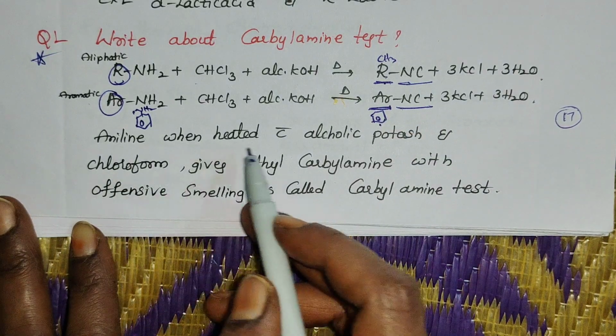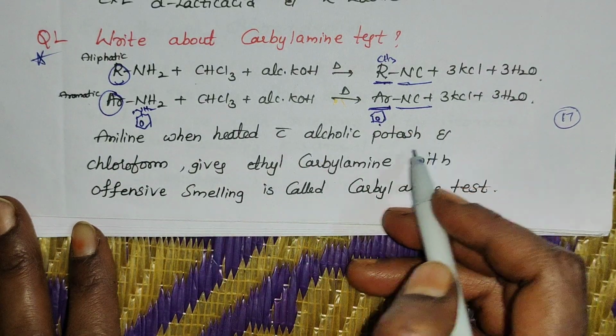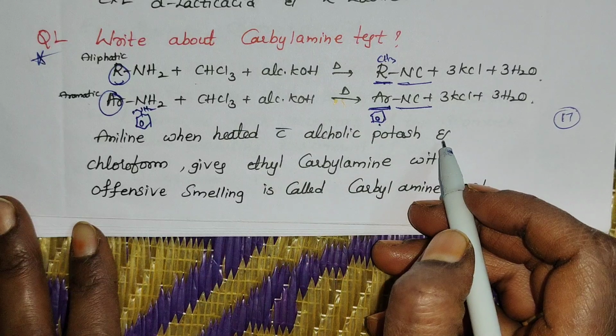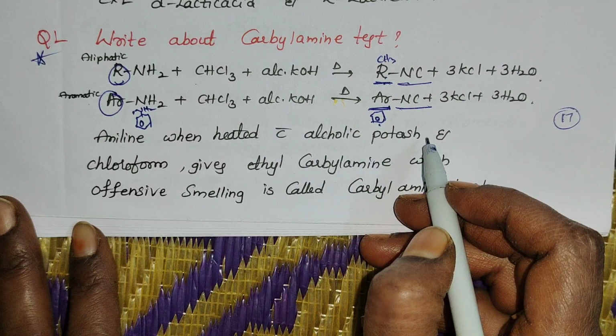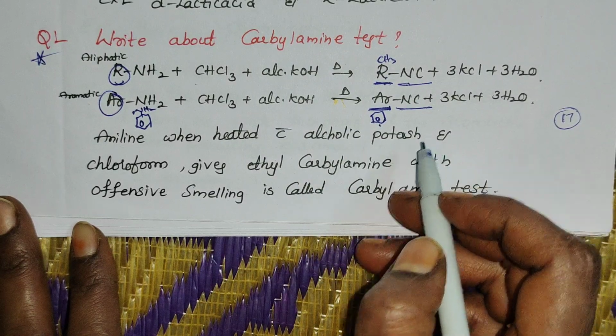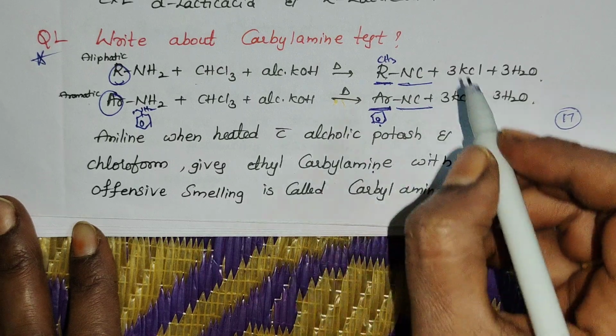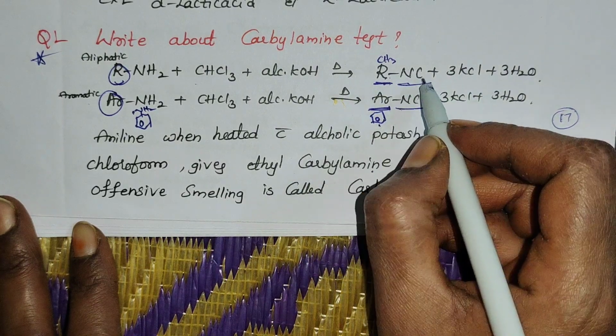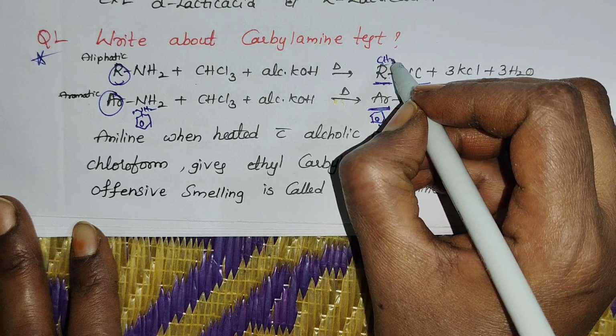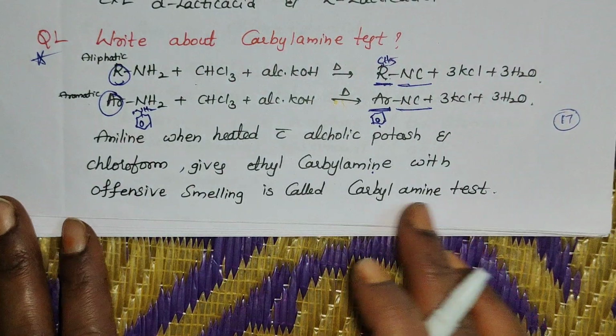Aniline when treated with alcoholic potassium hydroxide, alcoholic potash, that is alcoholic potassium hydroxide, and chloroform gives carbylamine. Here methyl, if you take methyl carbylamine; if you take ethyl, C2H5 will come, ethyl carbylamine with offensive